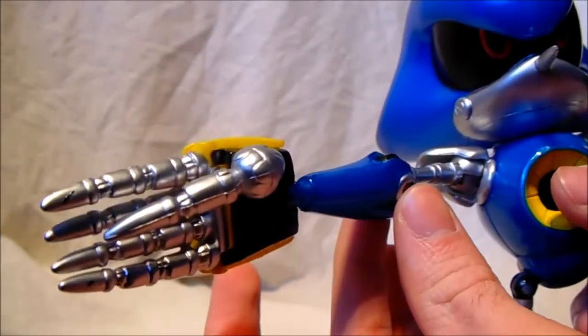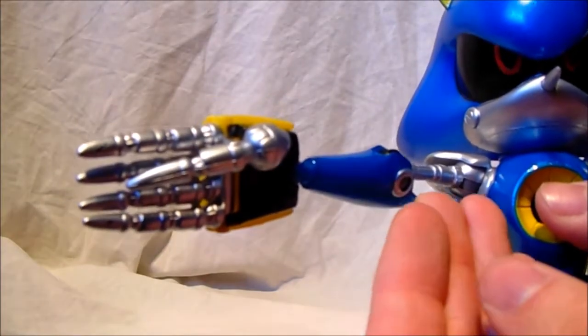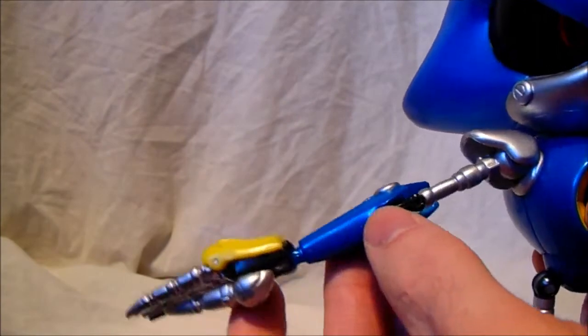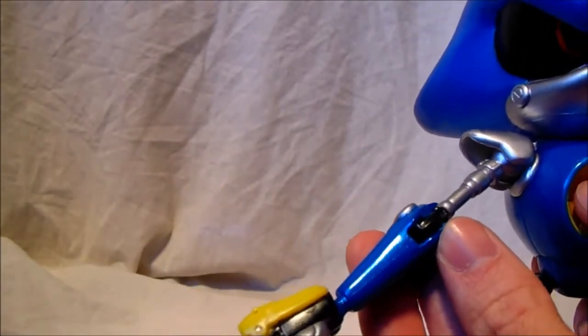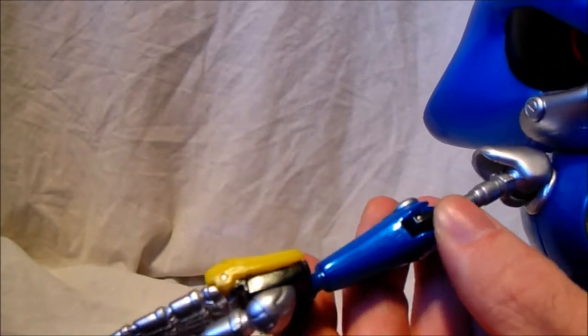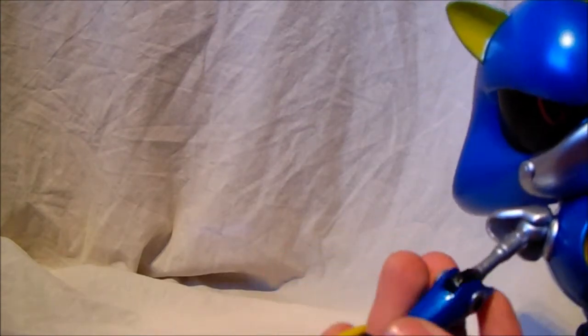Now, for some reason, this part does not bend. Now, I don't know why, because they've advertised this thing bending. So this is probably a faulty product on their behalf, so it doesn't bend. So yeah,